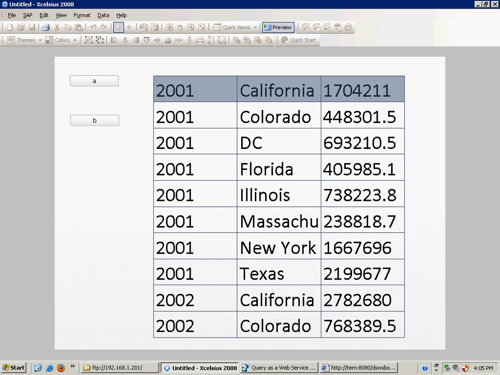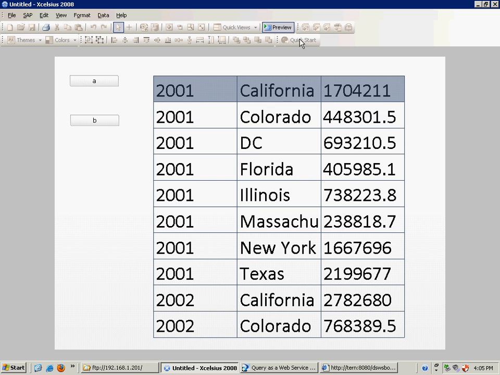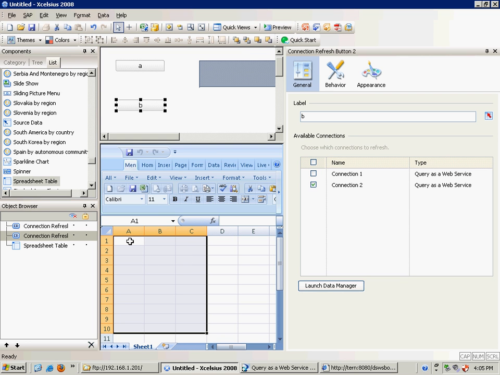This is state value. You have to give the labels. Here you can give the labels. First row you can give the labels. So based upon the selection of the buttons, on demand, the data is getting populated. So this is the example of what with the